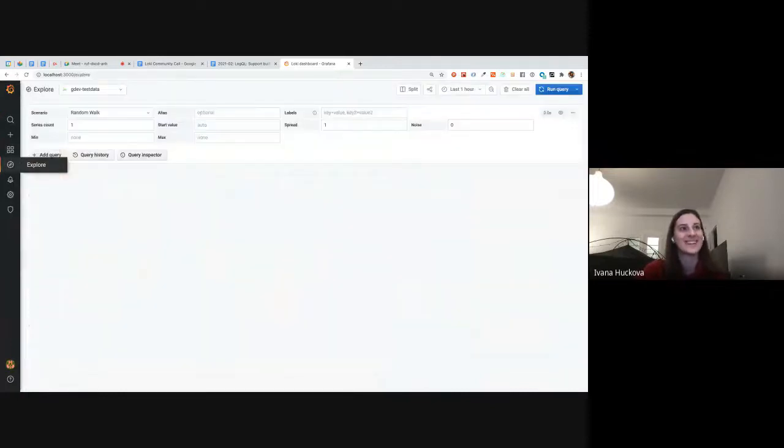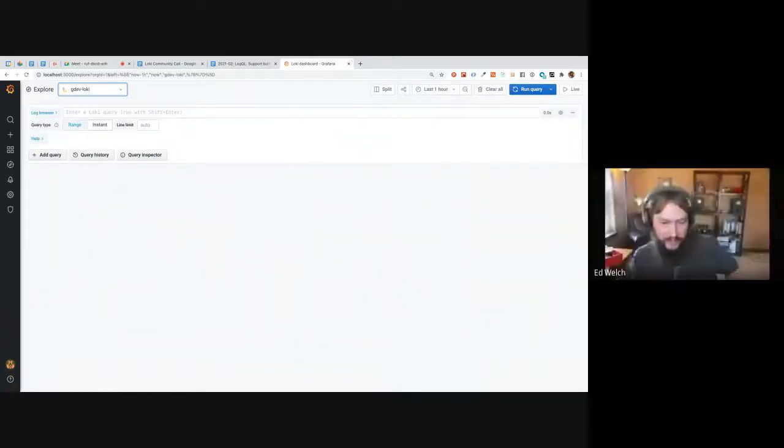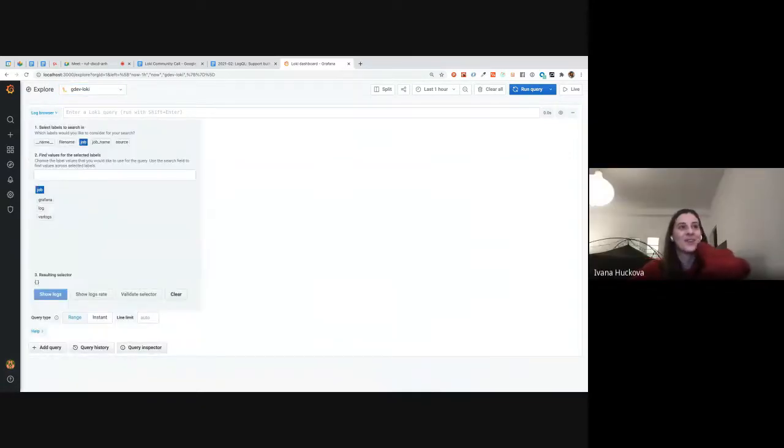The second one is the label browser. Well, all these are super cool, but this one was fun. I was playing with it yesterday. If you remember, previously there used to be a little cascader button, but we have decided to replace it with this label browser, which allows you to, for example, if you know what value you are looking for,